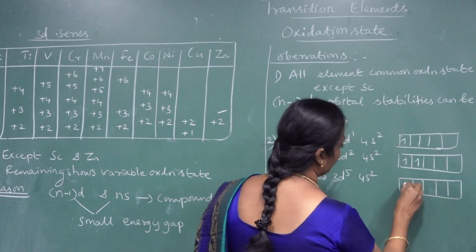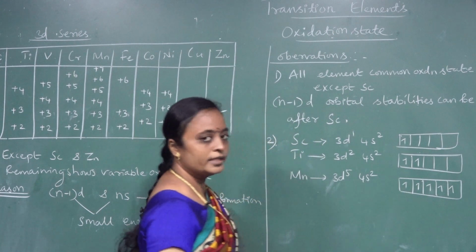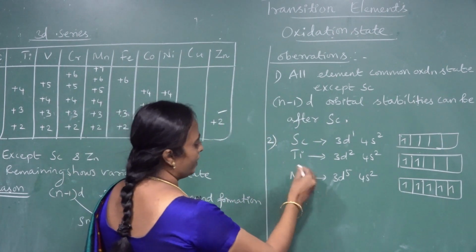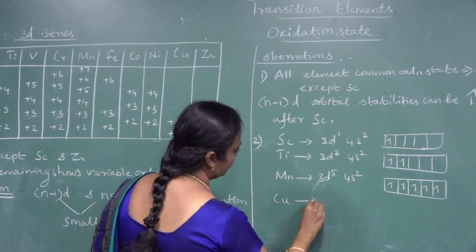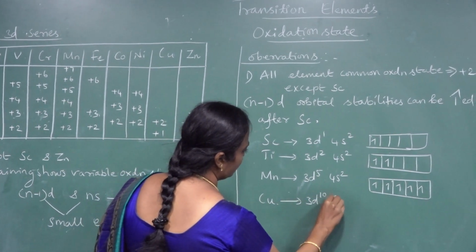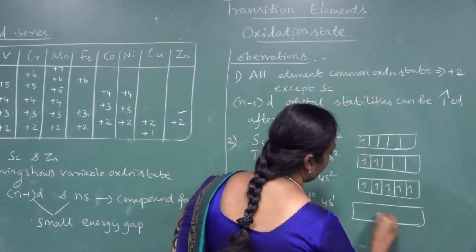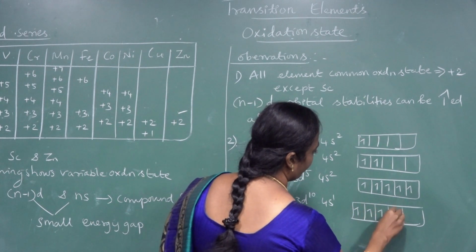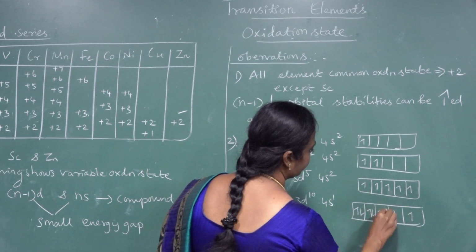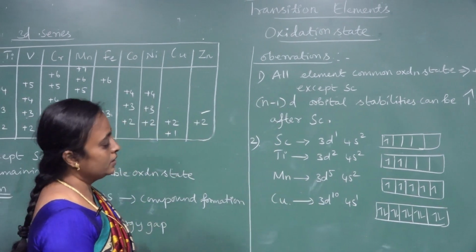3d5 4s2. That shows there are totally 5 electrons available in the d orbital. So if I am taking, at the end of the series, copper, 3d10 4s1, it shows that the d orbital has 10 electrons. Okay, from this point what we expect is